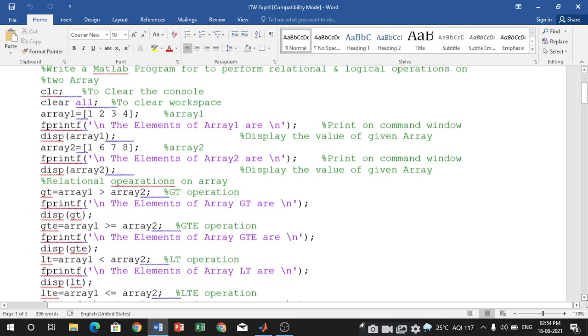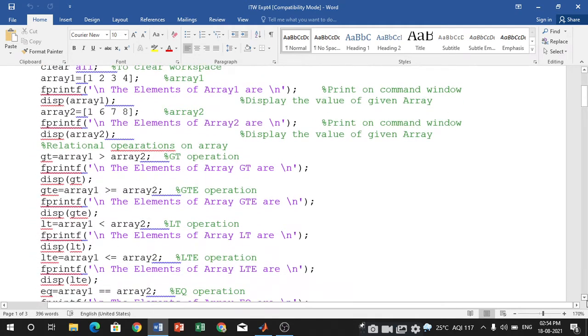Here we create a variable gt, for greater than. It contains whatever output is given by the greater than operation, which is stored in the gt array.